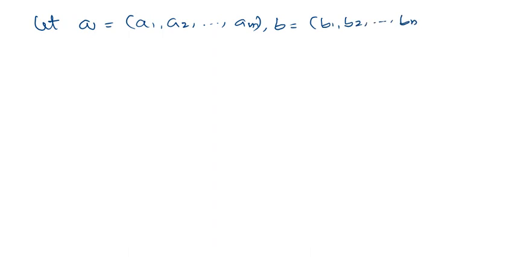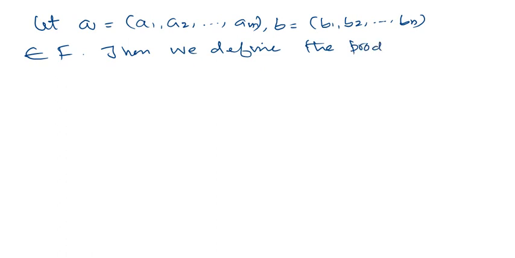Okay, so let's take two strings. Let a equal to a1 a2 up to am, and b equal to b1 b2 up to bn, belonging to F. Then we define the product of a and b in F by ab equal to